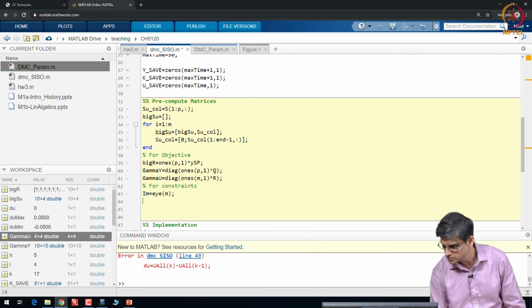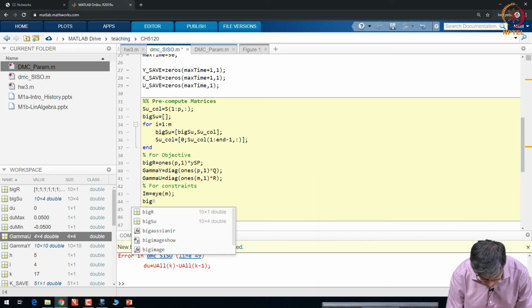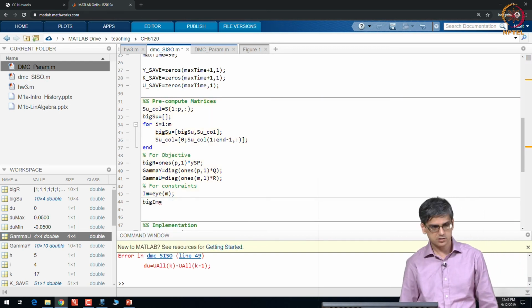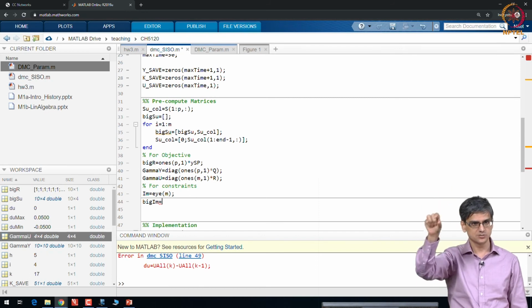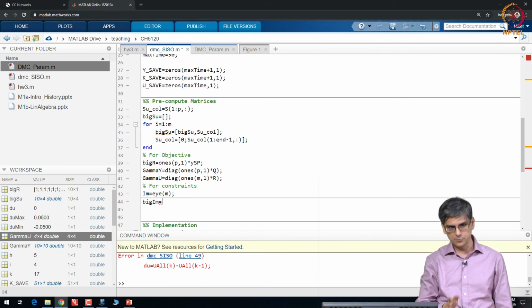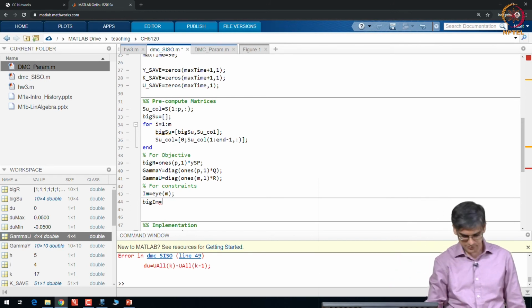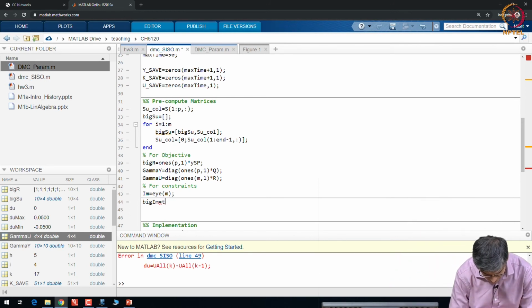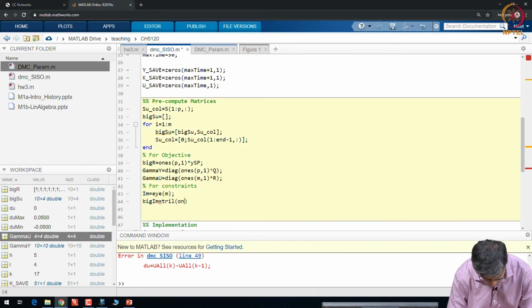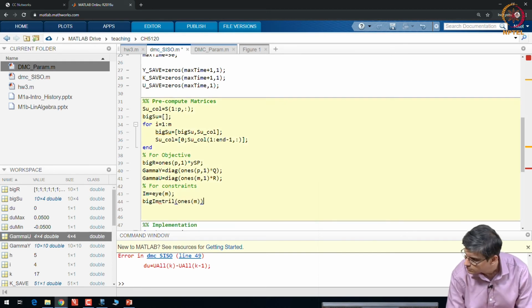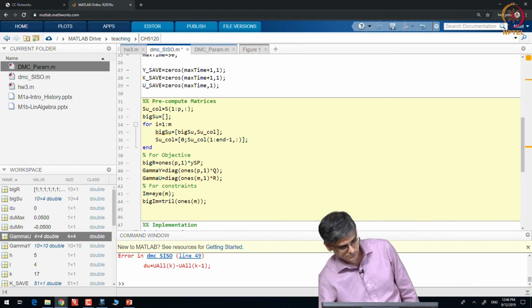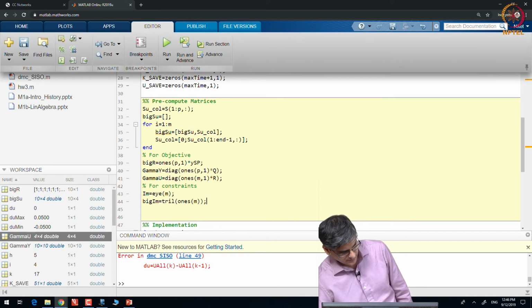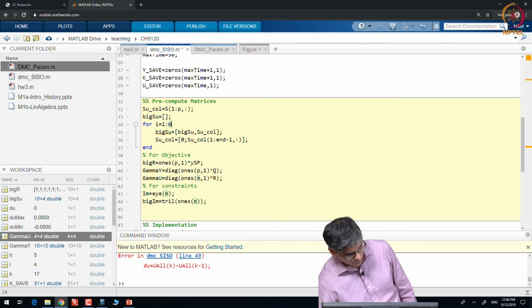For constraints, big Im is going to be I, then 0 I, then 0 0 I, 0 0 0 I. I am going to take a shortcut, actually why take a shortcut, we will just populate it over here.